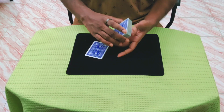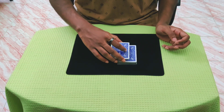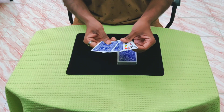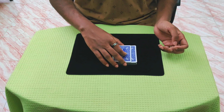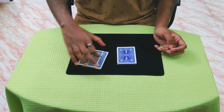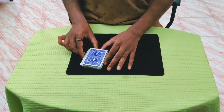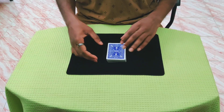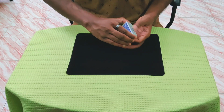Now at this point the trick is all done. All that remains is that you just keep this card here, okay. Now they think it's all face down cards, but it's actually 2 face down cards and then the 2 face up kings. Now you simply cut the cards into the deck, okay. Now very slowly and deliberately square this card up, let them see it till the last moment, and do any kind of gesture. And now you can spread, and